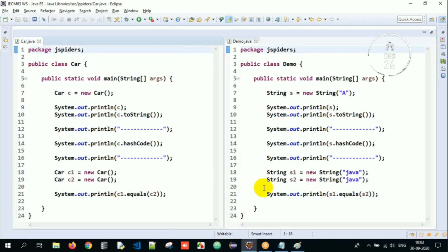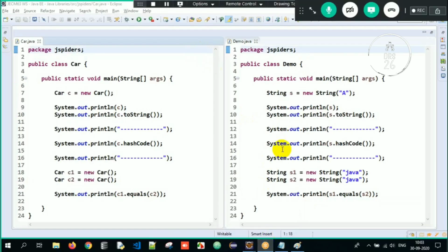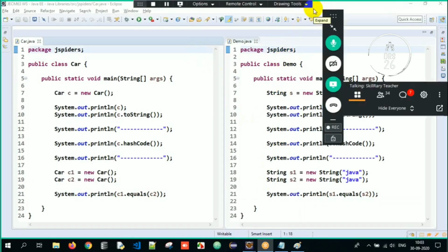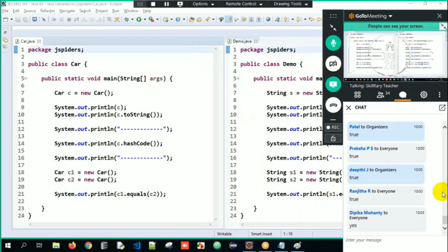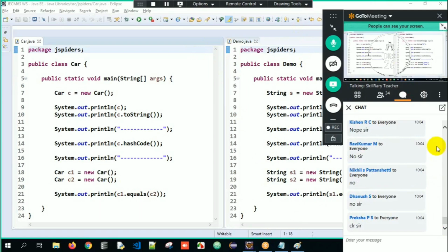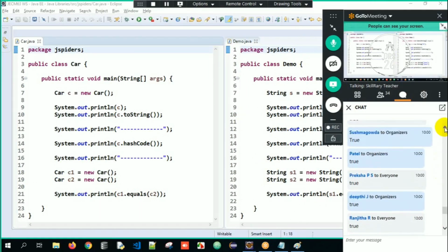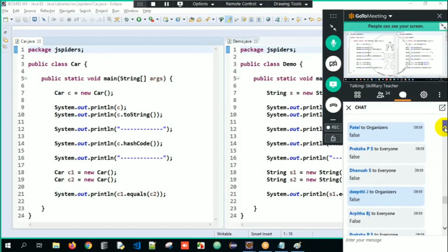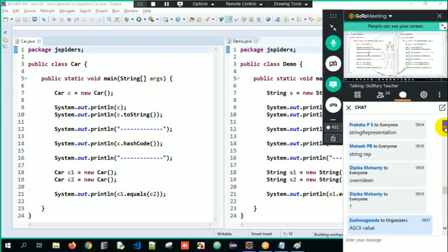Clear? Anyone having any confusion with the topic which I explained now? Anyone having any confusions as of now, guys? No? Okay, great. So now there are a few questions here. I shall try to answer them before going ahead. Okay, so what are those few questions? I'll tell you. The first question was,